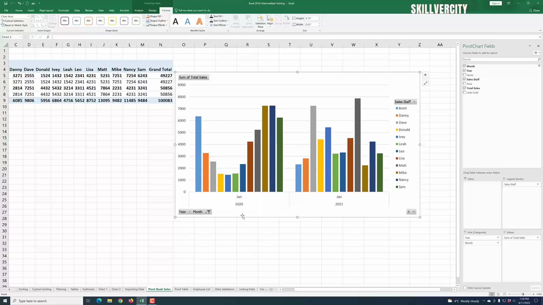see now that in January 2020, this is how each of the sales staff did. Bread, for example, did very well in January 2020 as opposed to January 2021. And Danny did about the same, but a little bit better in 2020, and so on and so forth. If I remove this as well, unselect and bring everyone else back,